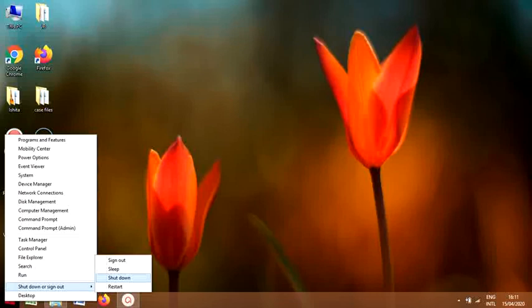When I put my cursor over the shutdown option, I get a few more options like sign out, sleep, shutdown and restart showing on my screen. I take my cursor to the shutdown and click on it.